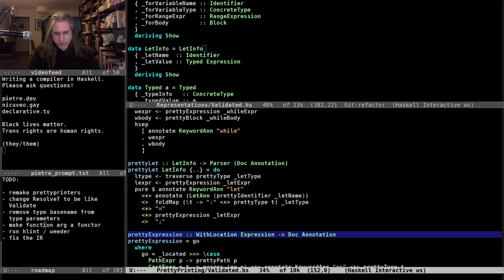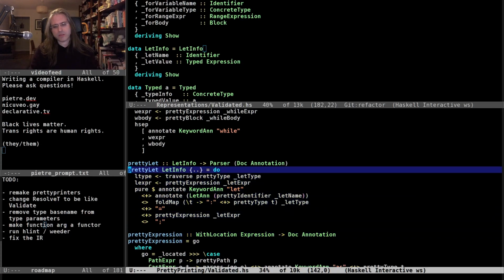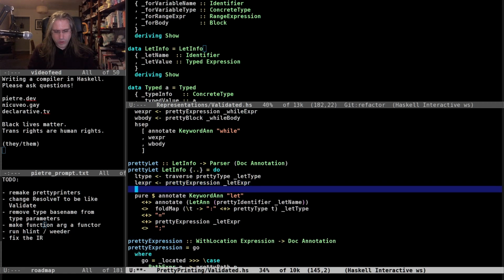Because what I want to do here is, okay, this is the site where a variable is declared. So I will want to know what's the unique ID in my pretty printed version of this. So it's going to be the var ID is going to be obtained by doing a register of mangle of the name.